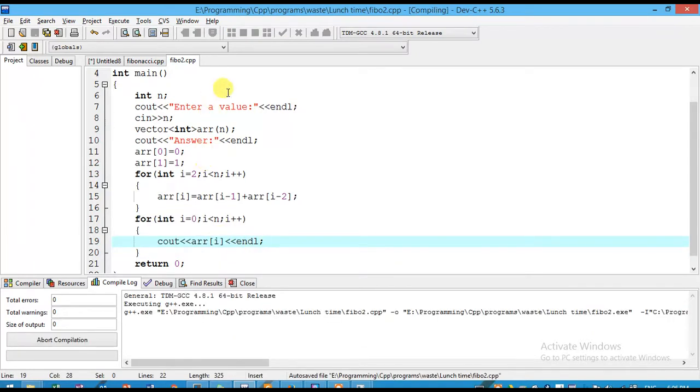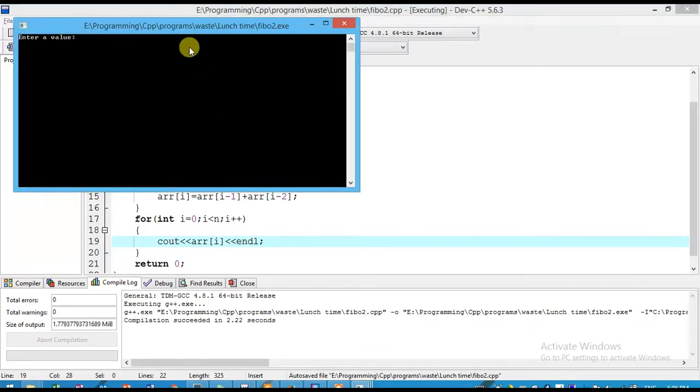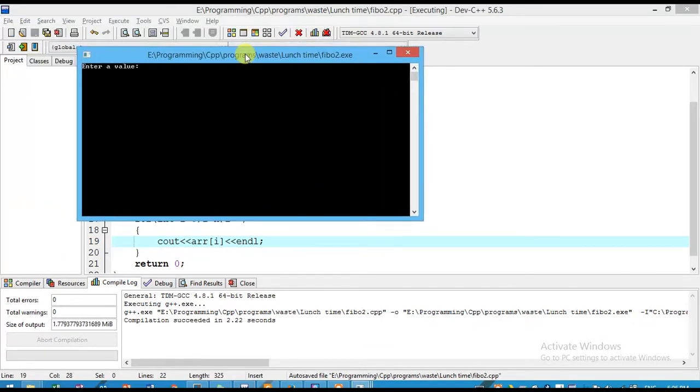So when we run it, if you give 20, it prints 20 Fibonacci numbers. Hope you understand. 1 2 3 up to 20. Okay, you got it, right? So here are 20 Fibonacci numbers.